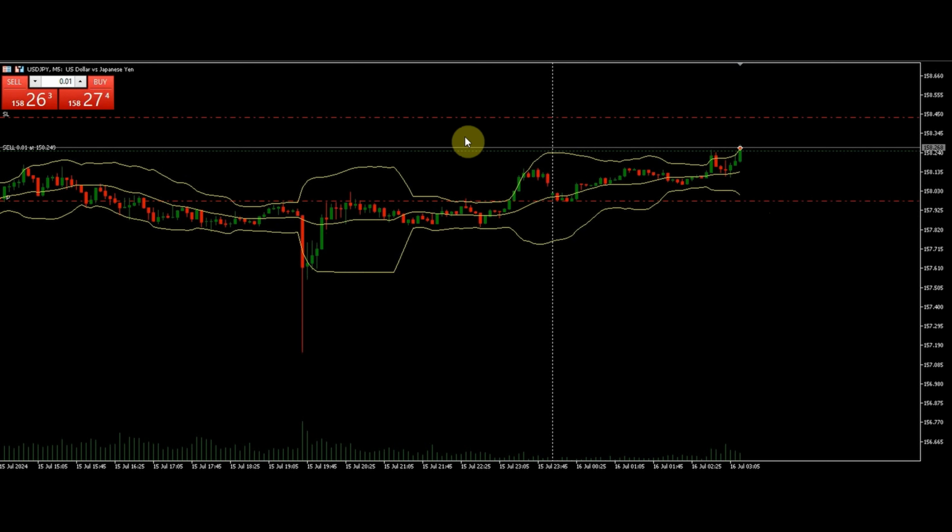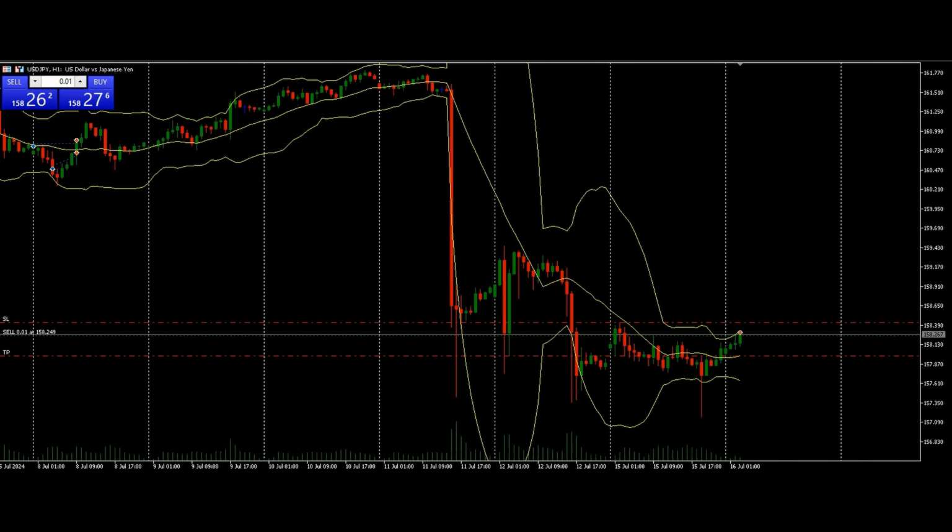This one's on a 5-minute chart, and we don't have too much pricing history to judge where we want to put our stops or how far the market might move. I'm going to expand it out to a 1-hour chart, and we can see here we've got some pricing just here. So if I wanted to avoid any touches of this line, I could put my stop loss above that